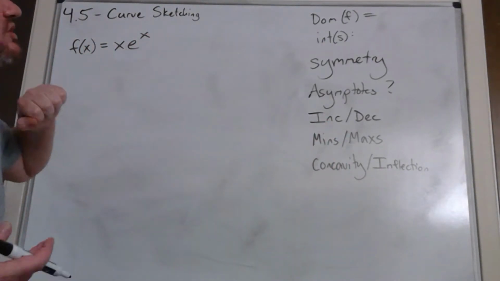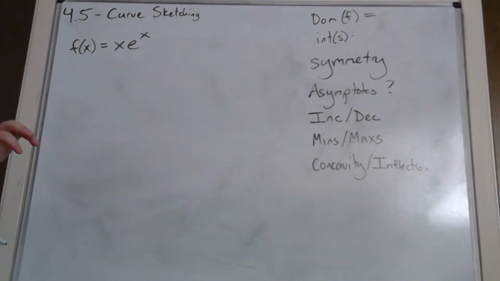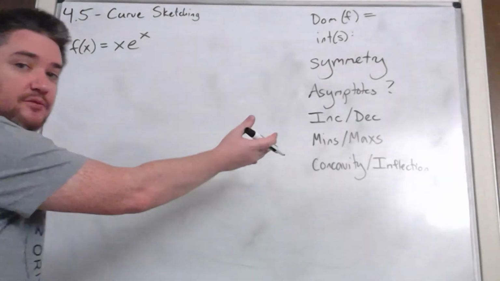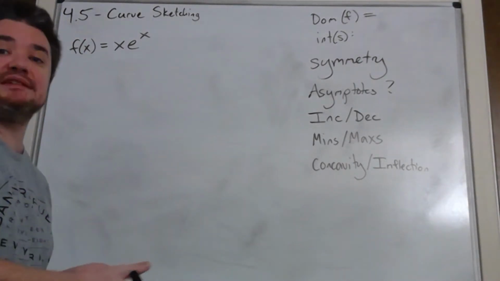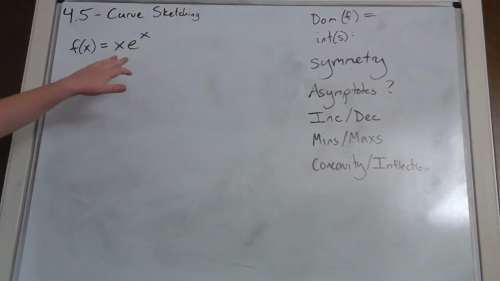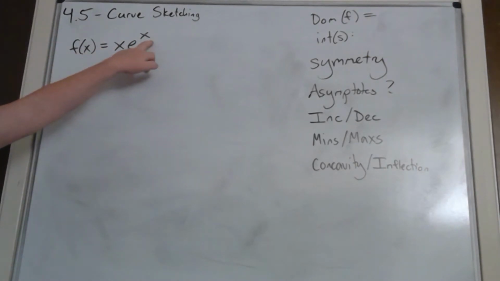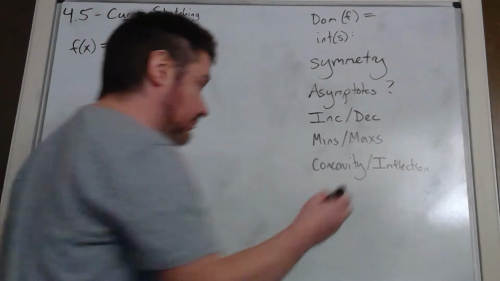But the first thing that the book suggests, if we want to graph the function, is to just ask yourself, what's the domain of the function, right? The graph, where's the graph going to exist? For what x values? Are there any places where it won't exist, like an asymptote or something? So here, x, I can plug any number in for that, and e to the x, his domain is all real numbers. So altogether, this domain is all real numbers,